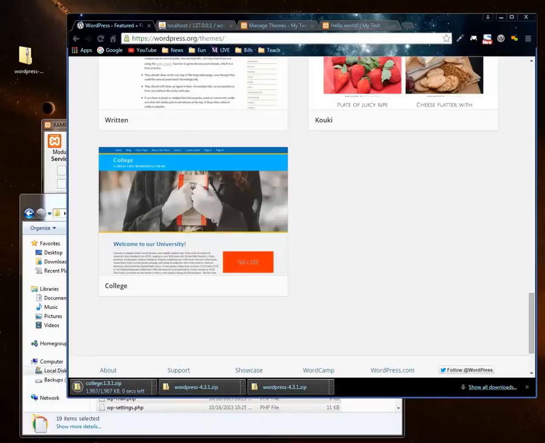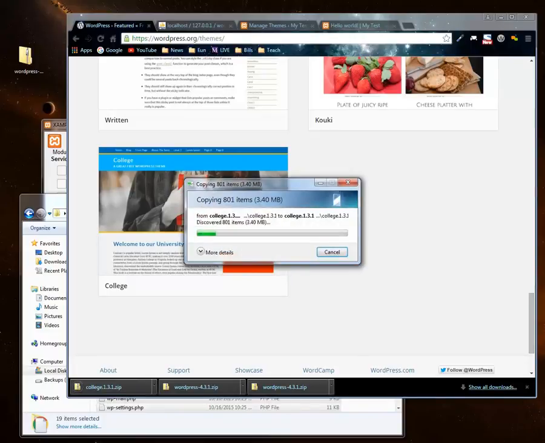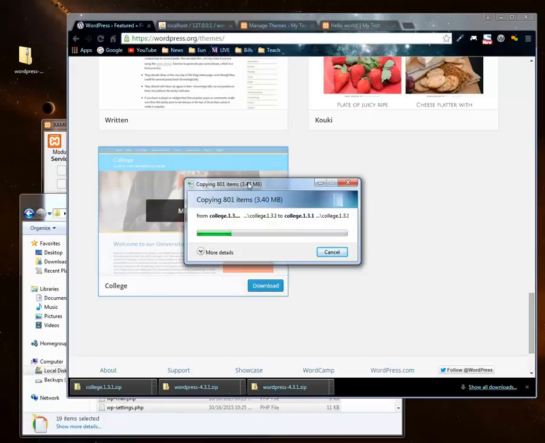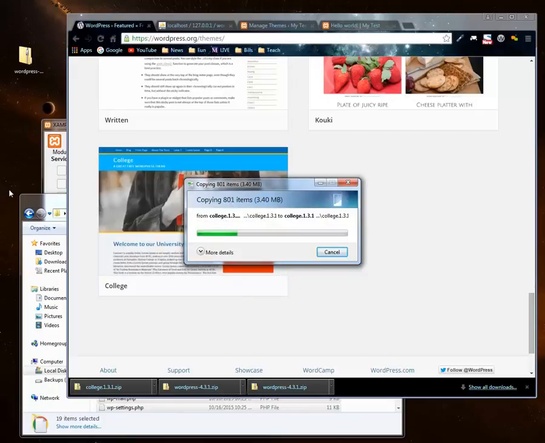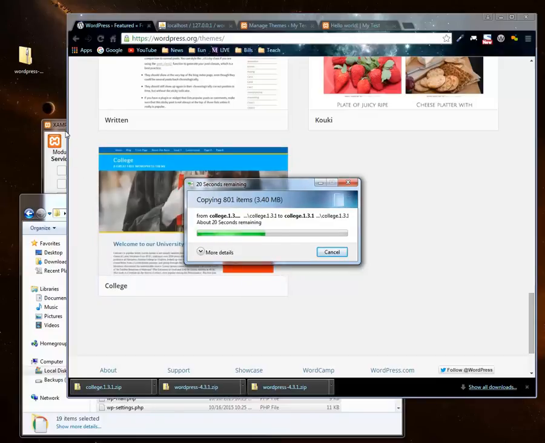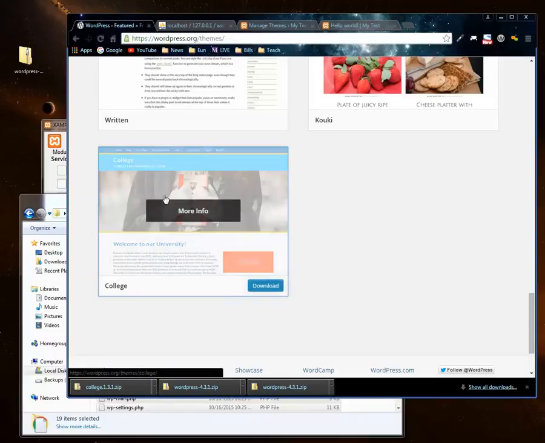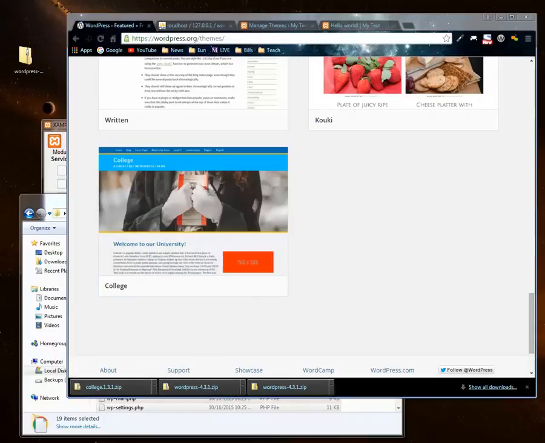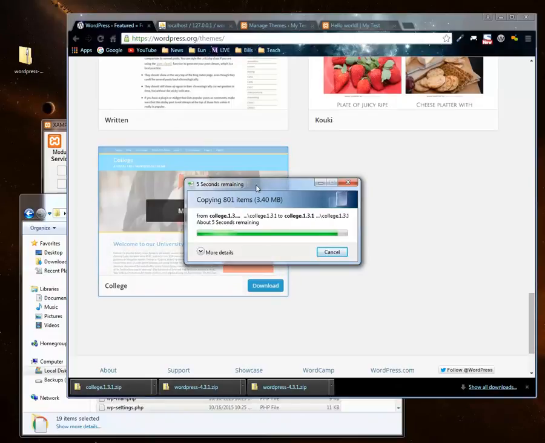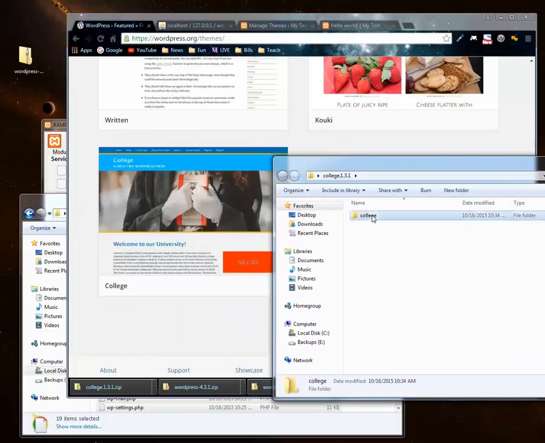And it's getting the theme out. I'm going to extract it, and it happened on my other monitor, so I apologize. Oh, no. Progress window showed up over here. I guess the mouse gets sticky when I'm unzipping files and trying to record at the same time. And I like WordPress. I probably know it better than most of the other content management systems out there. It's just the one I chose early on and decided I want to know the most about it. So I have a theme, and it's going to be called college, and that's the folder